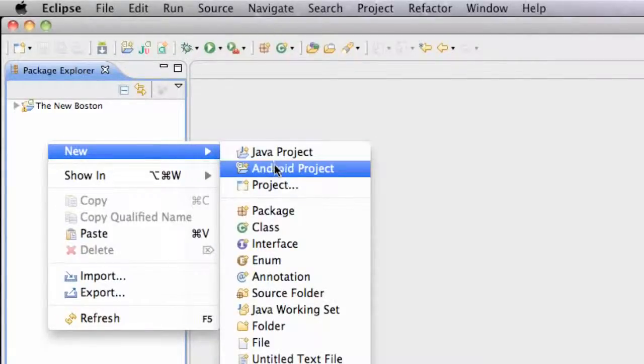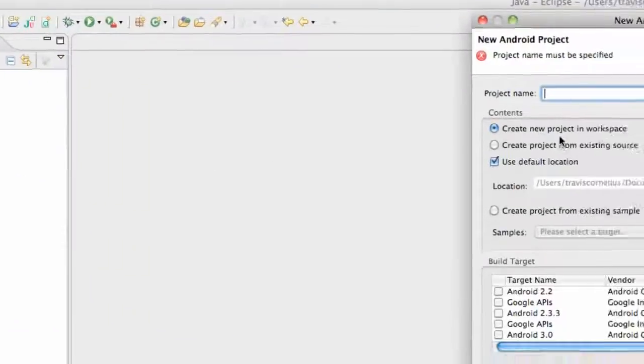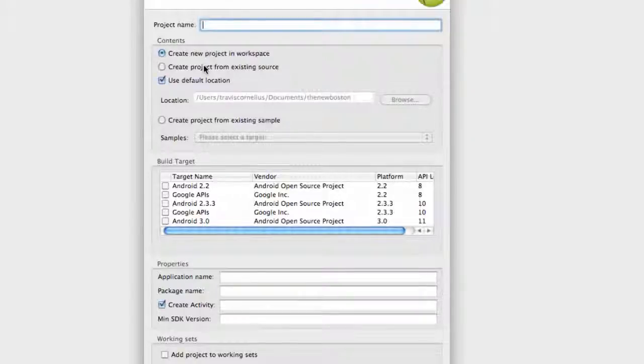Right click in that free space, go to Android project, and type in whatever you want, maps, and we're going to say the new Boston, or whatever you want to label this. You don't have to follow along for our package name, but we're just going to call this Google Maps,